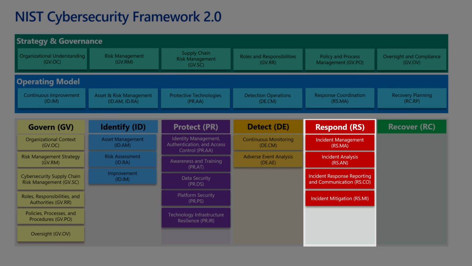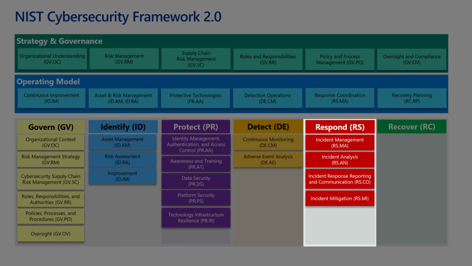The Incident Management element, or RS.MA, is about having a clear and coordinated plan to handle cybersecurity incidents as they occur. This includes establishing roles, communication channels, and procedures to respond to incidents quickly and efficiently, helping to minimize disruptions